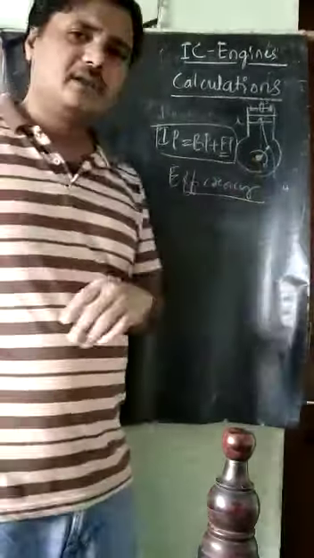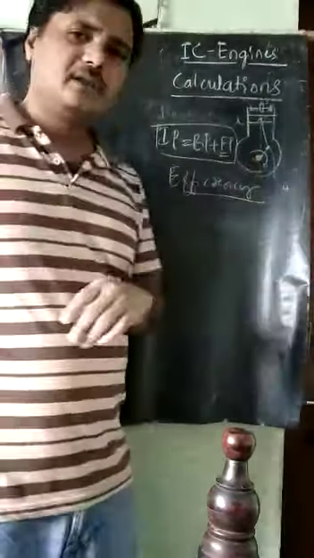In that, the first one is the mechanical efficiency. Mechanical efficiency means the end power is the mechanical power, and it is from the heat energy which is developed in the engine. Heat energy developed in the engine is what power? That is the indicated power. Indicated power should be in the denominator. Always, IP is greater than BP.